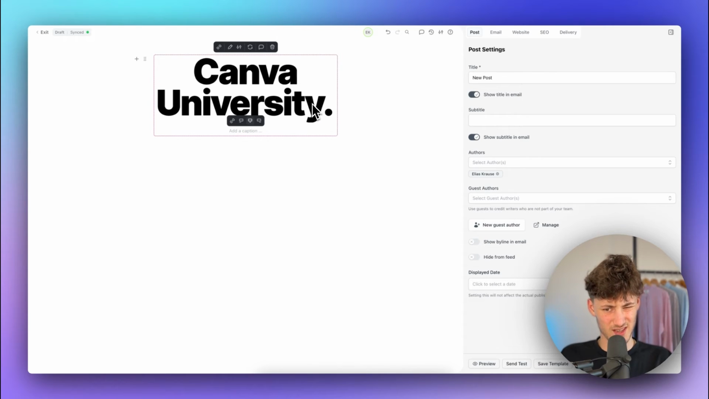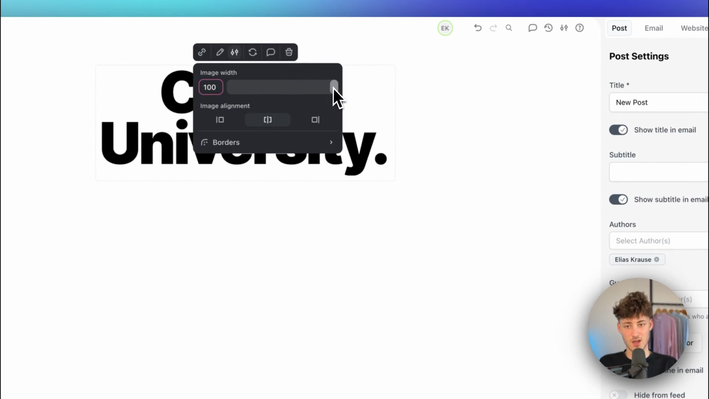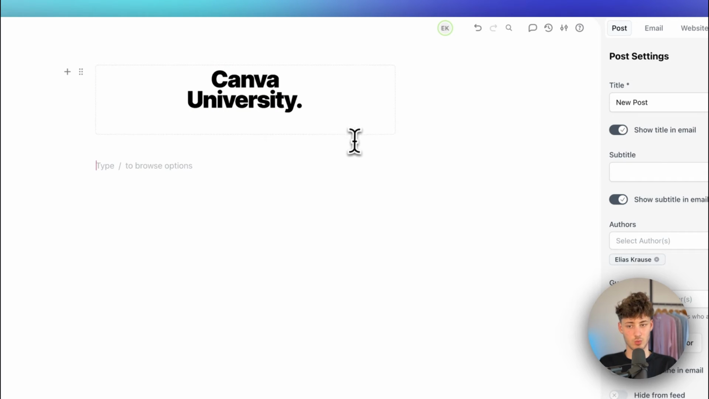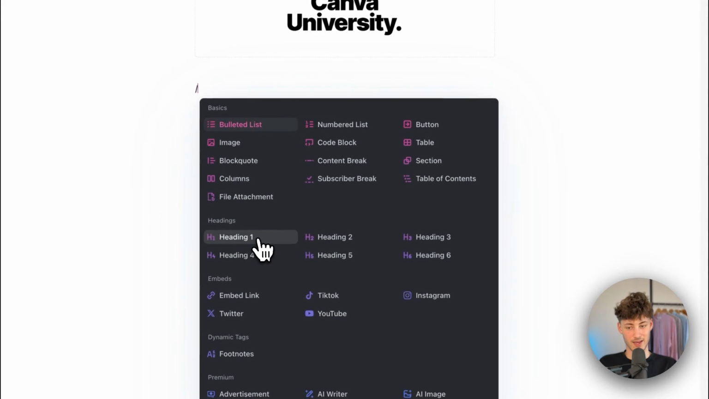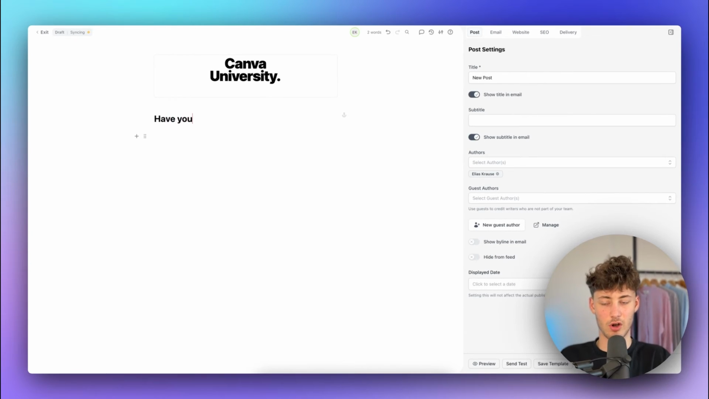Now, obviously, I guess this would be a little bit too big. So to actually change this, you can click on this icon right here, and we can now change the width to, let's say, something like 40, I guess, could work fine. And then we are going to get started by adding a heading. So I'm going to add the heading 1, and I'm now just going to put something in like, have you heard about these new Canva